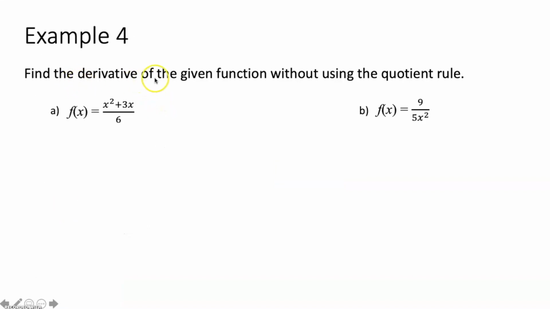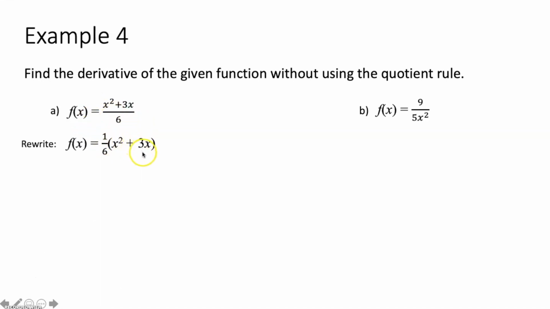Now, example 4 says find the derivative of the function without using the quotient rule. So you're going to run into a lot of functions that look like these that seem to require the quotient rule, but actually don't, and are much easier if you don't use the quotient rule. So technically on both of these, you could use the quotient rule, but it's super hard and it's not necessary. Here, because we have a constant in the denominator, and that's it, there's no x, there's no variable in the denominator, what we can do instead of using the quotient rule is rewrite this as 1/6 times the quantity x